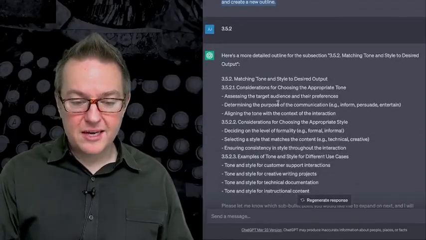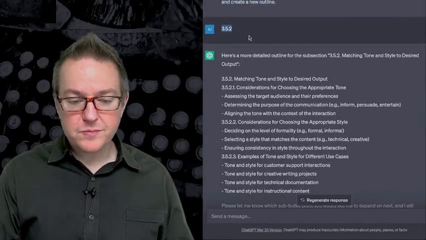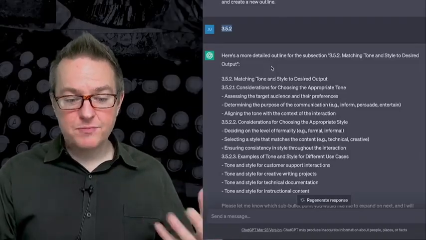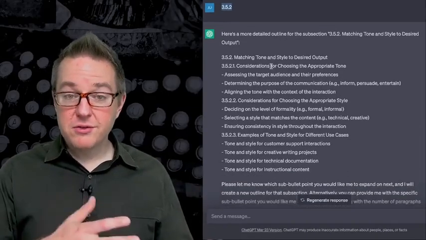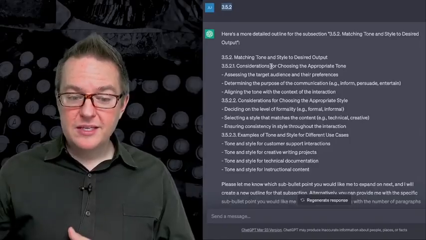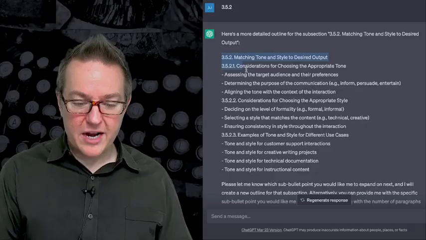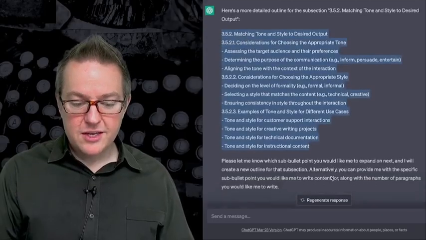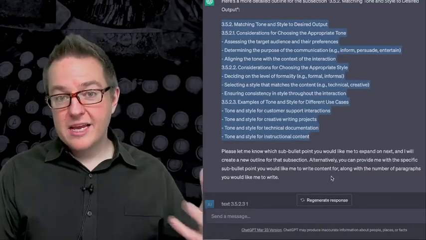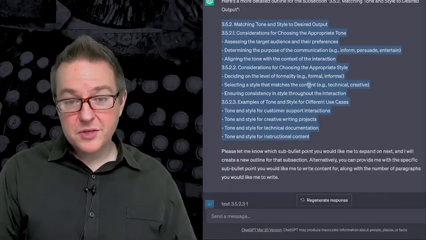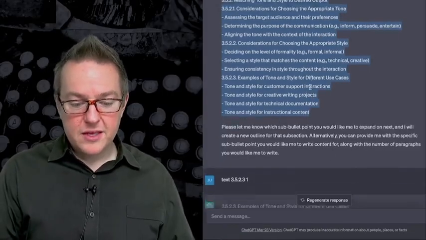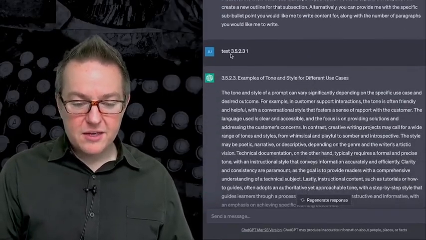So now I'm going to go back and do exactly what I did before. I'm going to say expand on 3.5.2. This is what I did before, and now it knows the difference, and it knows that's a different action. And so it goes and expands 3.5.2 and puts the outline for it again. I then go down and I say, okay, give me